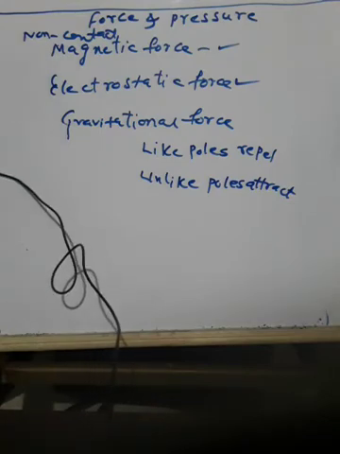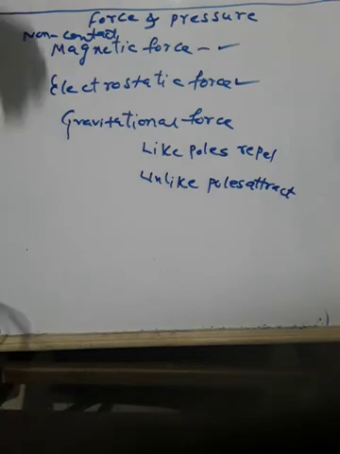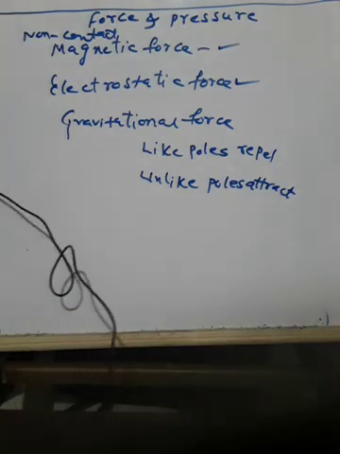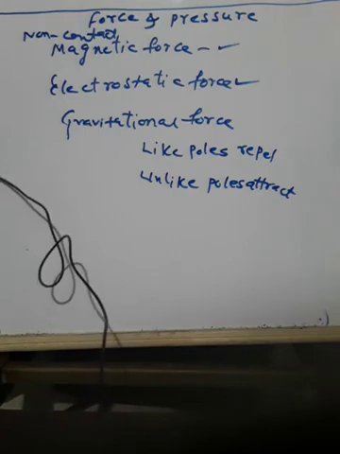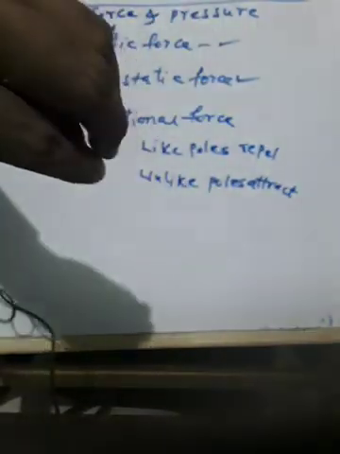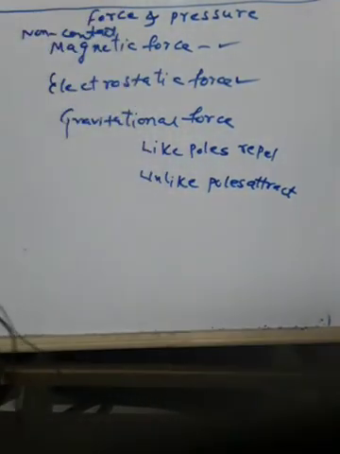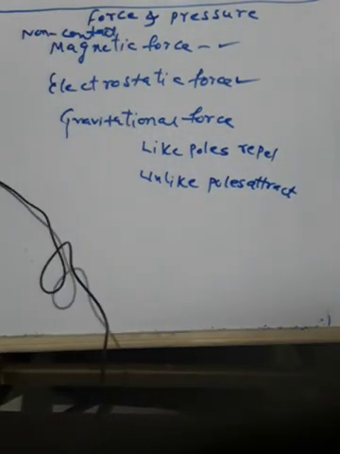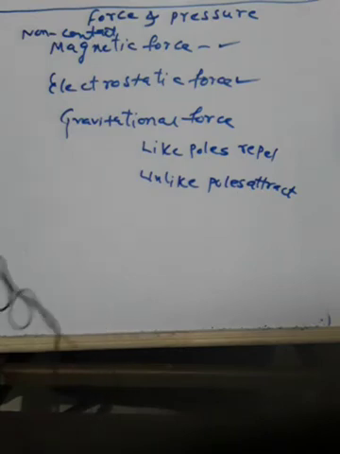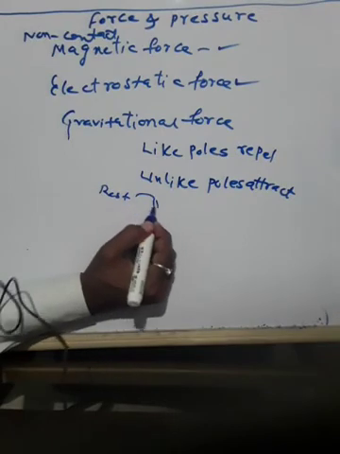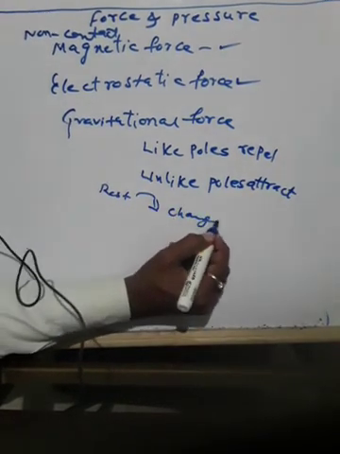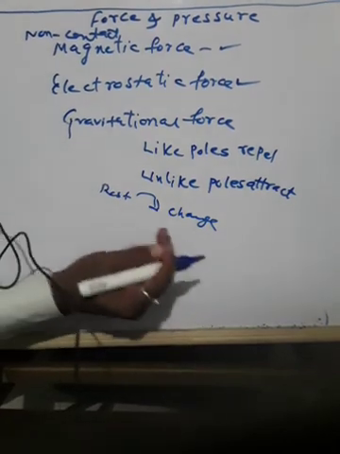When the coin is held in your hand, it is at rest. As soon as you release it, it begins to move downwards. Suppose you open the hand, you throw it, it moves down towards the earth, but it will not fly. It is clear that the state of motion of the coin undergoes a change. When the coin is kept on your hand, it is at rest, but when you release it, it will change its position. It will move from one place to another place. It is in motion.